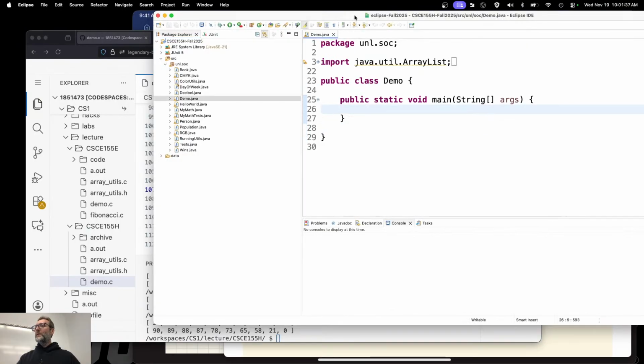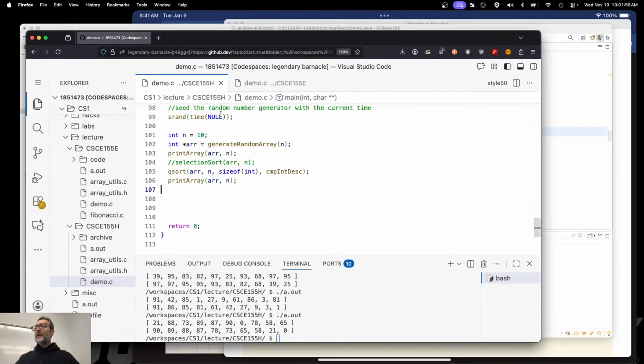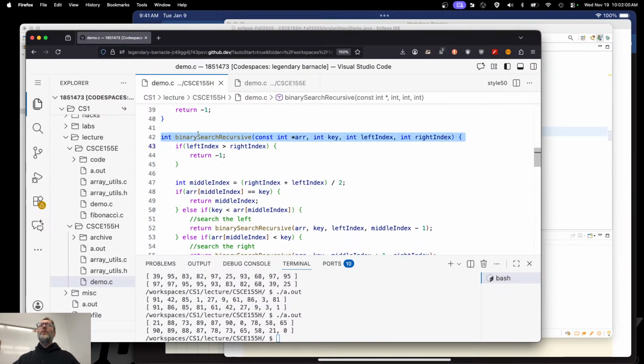Right? But let's go ahead and take a look at what it looks like over here in Java. Okay? Java is a little bit different. Right? Java, it's going to be comparator objects, because in Java you can't have a function just by itself. In C, functions are what are called first-class citizens because you can just create a function. Right? Up here, I'm just going to go ahead and create a function. Now it's in the global namespace.